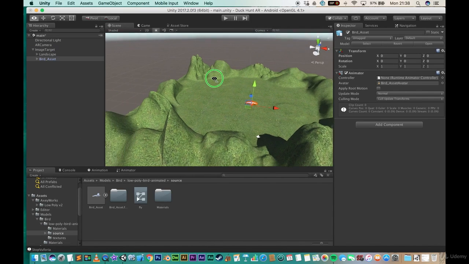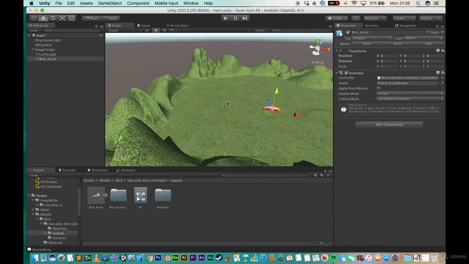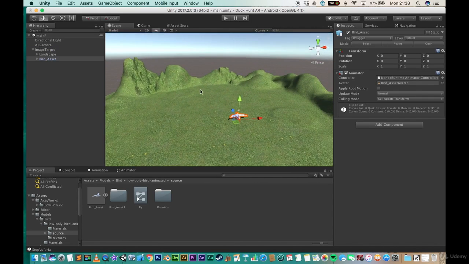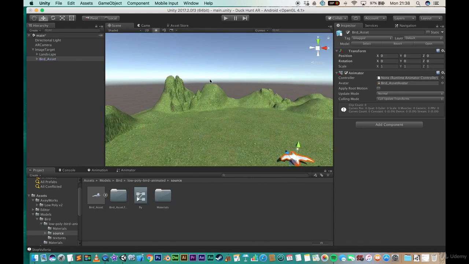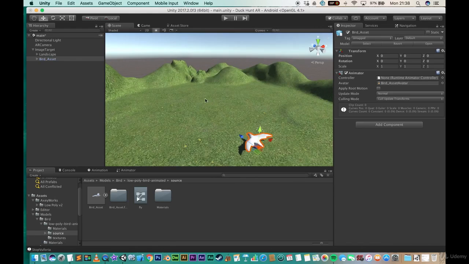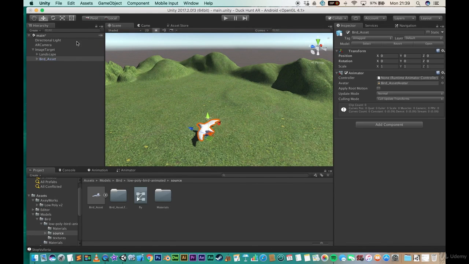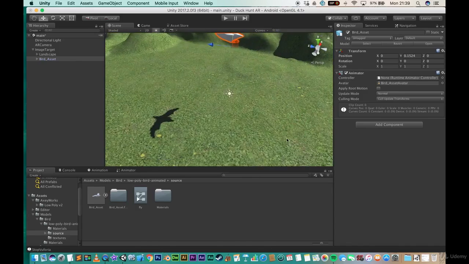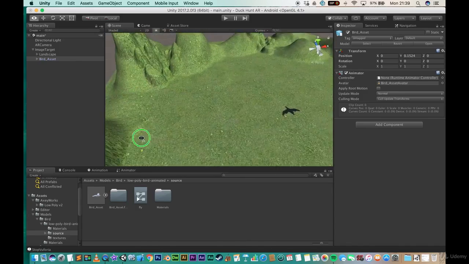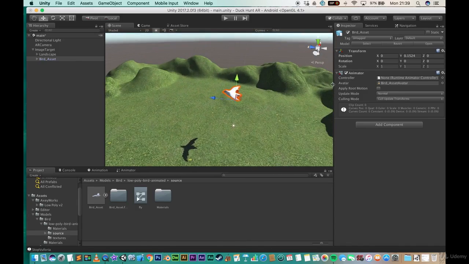Now it's a little bit small, so using the middle mouse button I'm just going to navigate around and zoom in, and let's just have a little bit of a look at this bird. If I click on the y-axis, which is on the top, I can click and drag the bird up, and I think it's a little bit small compared to the actual environment that I've created. So I'm going to double its size,